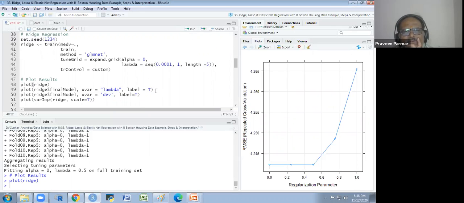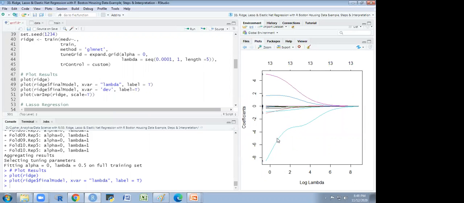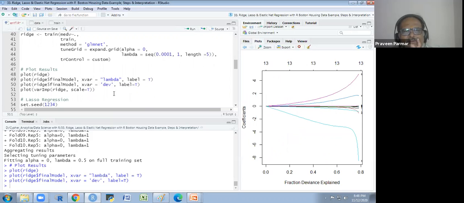So ridge final model, x variable, lambda and label true. So I will show you this. This I explained to you. This also I explained to you. It is through the deviation, the fractional deviation explained.